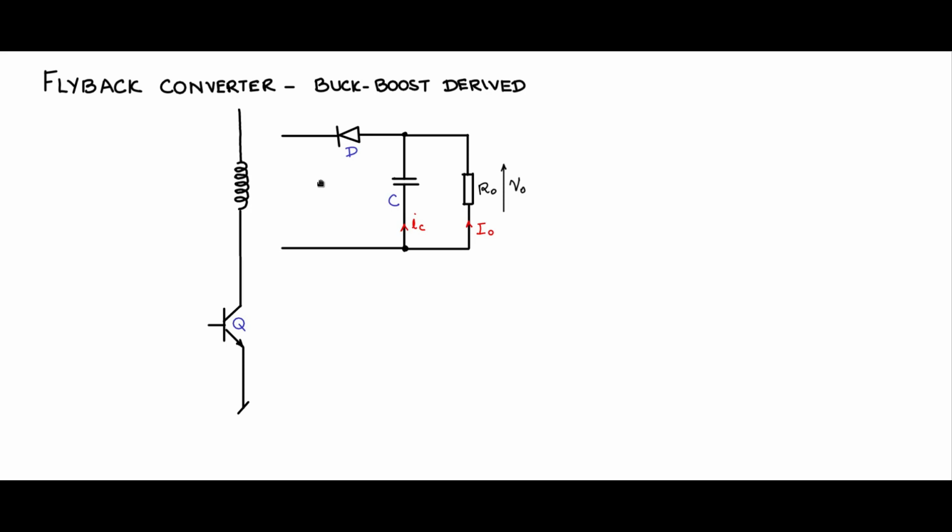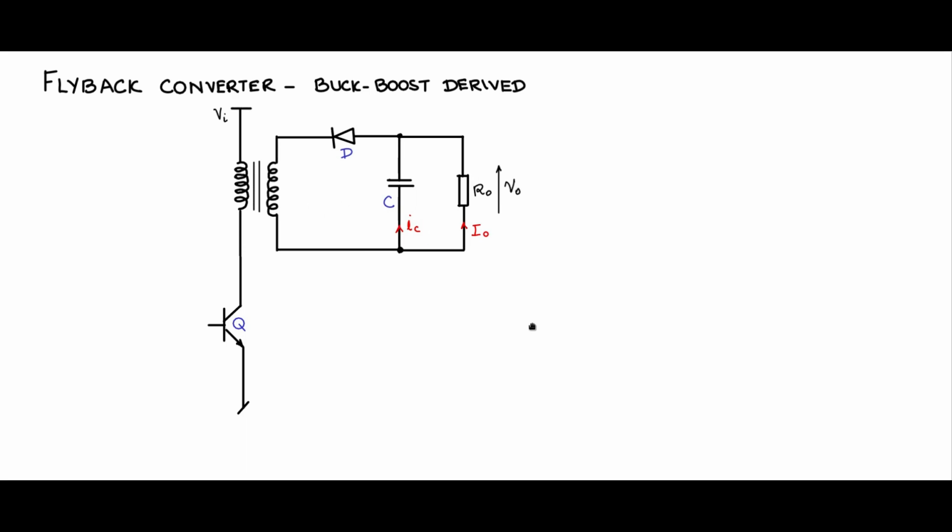Let me make some space arrangements. Put in the core and put in the secondary coil, and then connect it in this fashion. This is still behaving as an inductor L. The behavior is like an inductor, not like a transformer. Let me put the dot polarity here, in this dot polarity. The operation is as before. So we have the Q here.